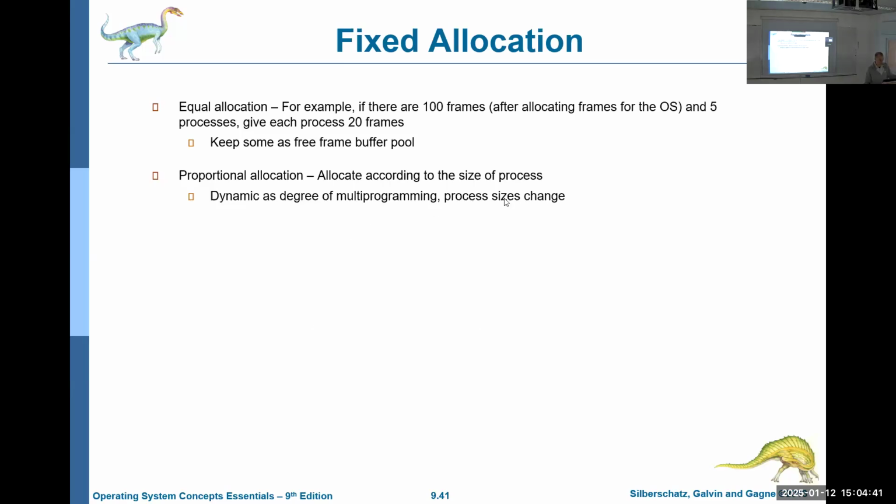Dynamic is degree of multi-programming process. You can also have dynamic, which is to say that as the process size changes, or as more processes come into the system, I might give less memory to each one. I might constantly change the amount of memory given, which is an interesting idea. In other words, let's say I have 100 frames and 10 processes. So each process I'll give 10